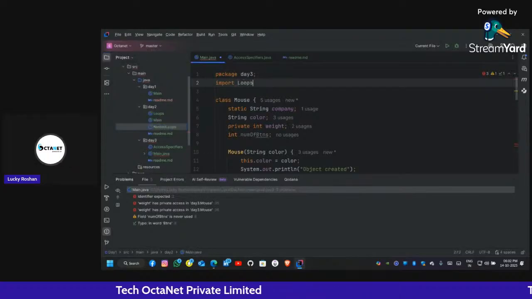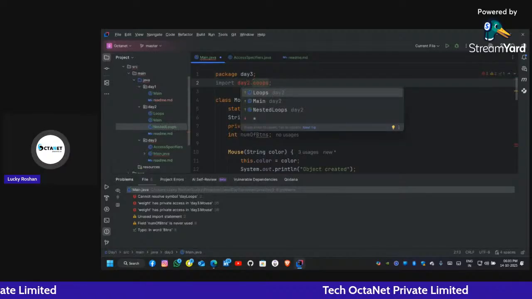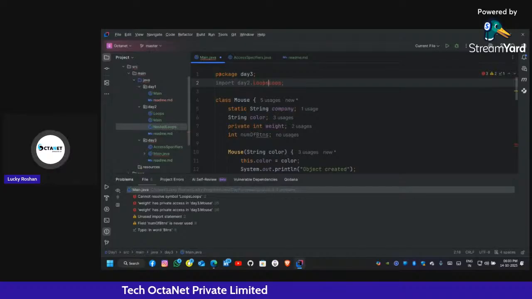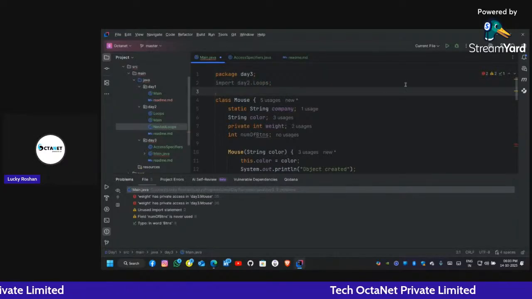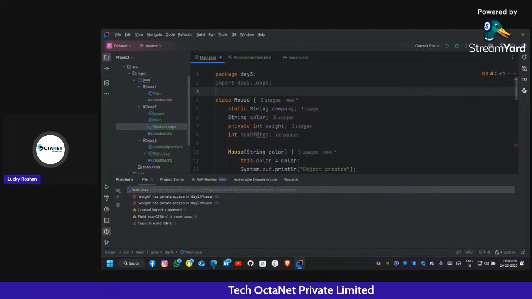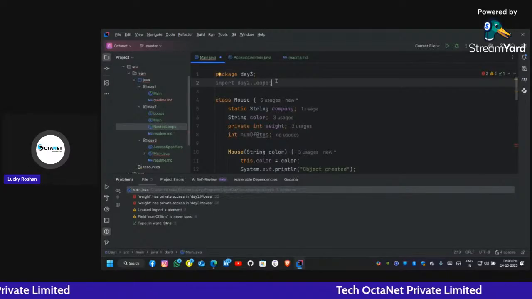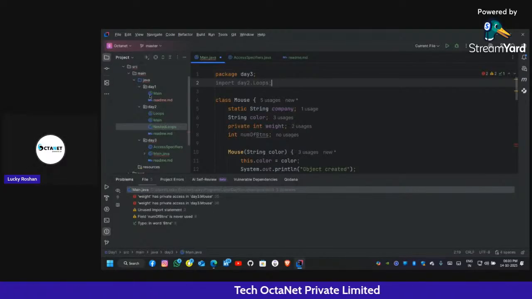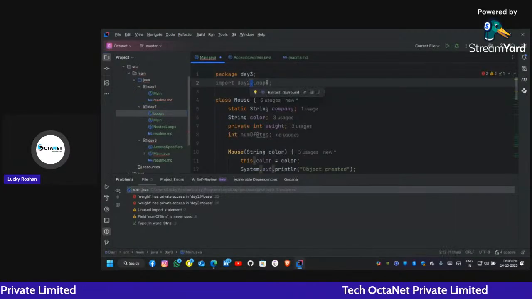So if I try import day 2 dot loops. See, here we give the position as loops. We can click here and it says day 2 dot loops. Now the error is gone. See, Sagar Moria, import day 3 dot day 2, no, this is not the way. We cannot import the particular package directly. We can import the specific class of a particular package. Here in day 2, we have a class named loops. So we have to write the package, use a dot operator and import the particular class.